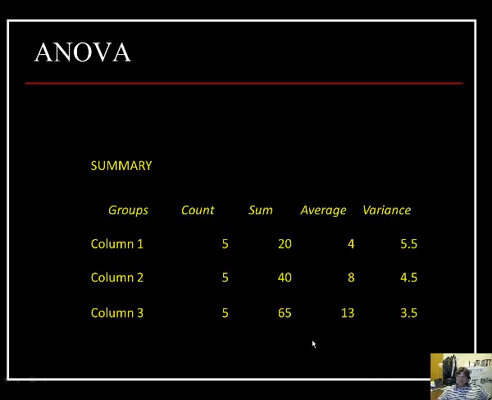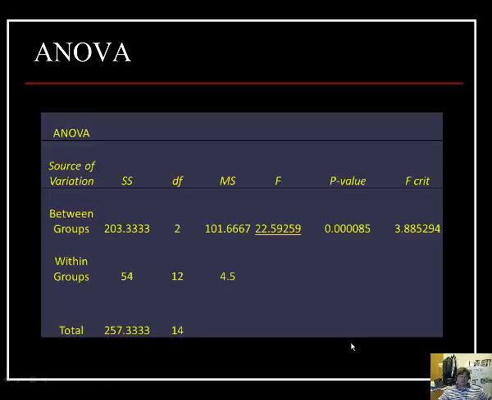So let's say that here's what we're looking at: the 5 people. Here's the sum of their scores. There's the average. So that could be some descriptive statistics here that gives us some information. But what we might really want to know is, are there any significant differences here? So just by plugging that information into Excel or into SPSS, it gives us this ANOVA source table,